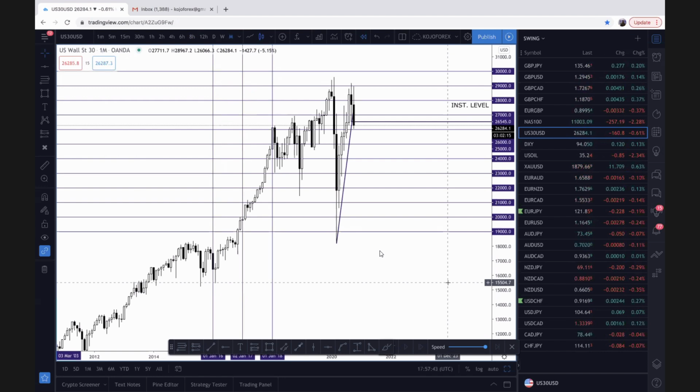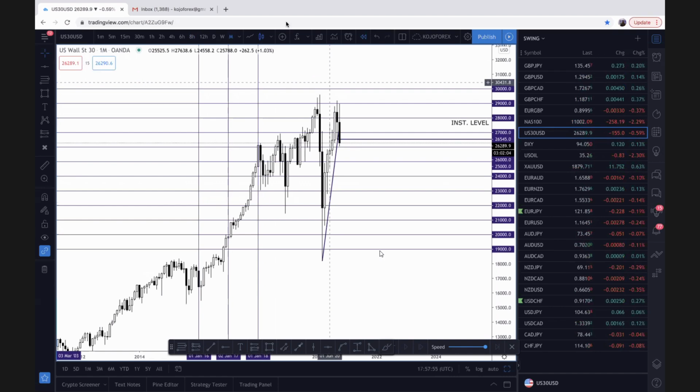Not 1,000 pip range though, 1,000 pip differentials in terms of the price, right? So you can see here that I have 19,000, 20,000, 21,000, 22,000, and so on and so forth, right? So I use 1,000 pip price differentials when it comes to US 30, right? 19,000, 20,000, 21,000, 22, 23, all the way to 30,000. It also has a very succinct way of playing around these price points. That's why based on experience, based on research, based on back testing, then I decided to settle on 1,000